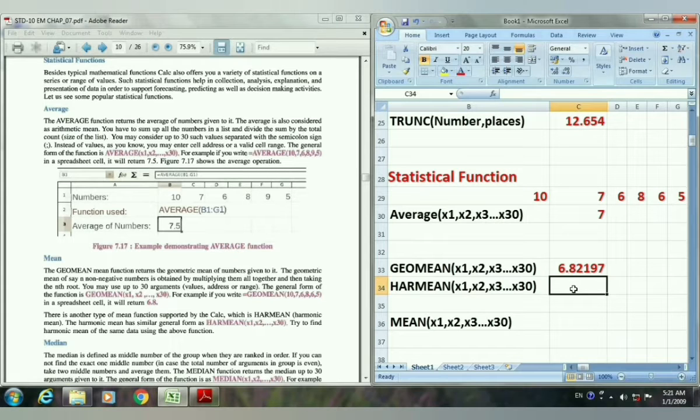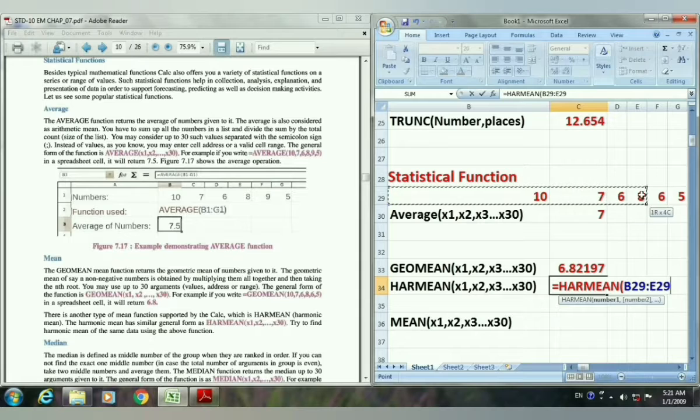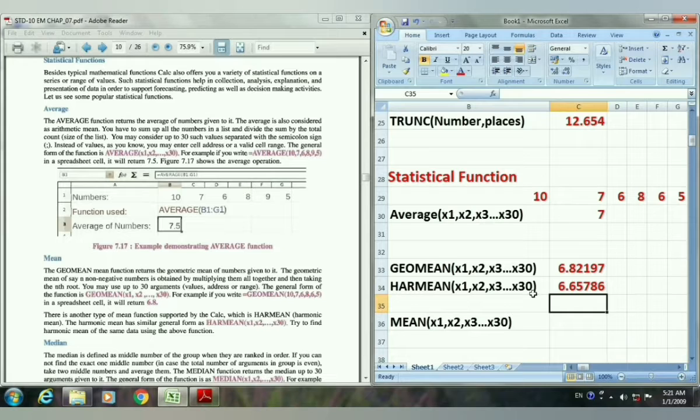Just type equal and here you can see the function is already there. Provide the same cell range and press enter to see the result. So this is the value, or this is the answer of this harmean function. Then next is the mean function. The mean function we have already discussed.